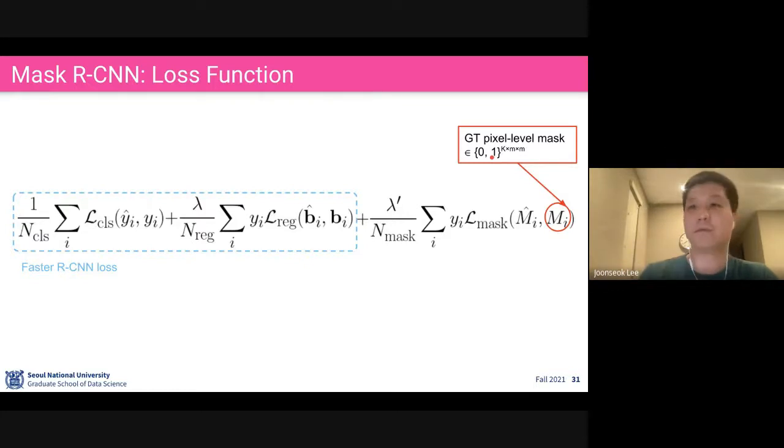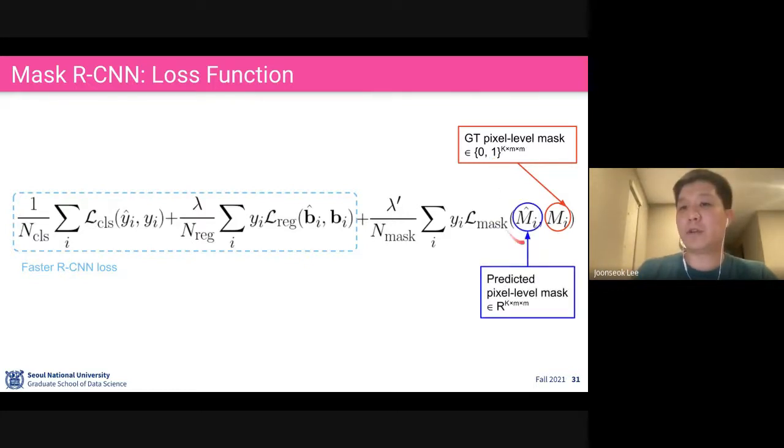Otherwise, that's 0. And this is our prediction, which is some real number of the same size. Here, K means the number of classes. So for each class, we learn the mask separately, and we choose the correct segmentation map using this